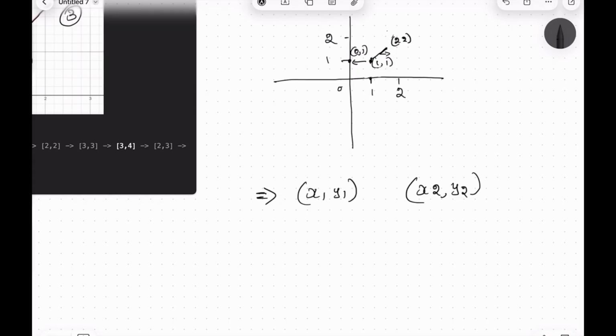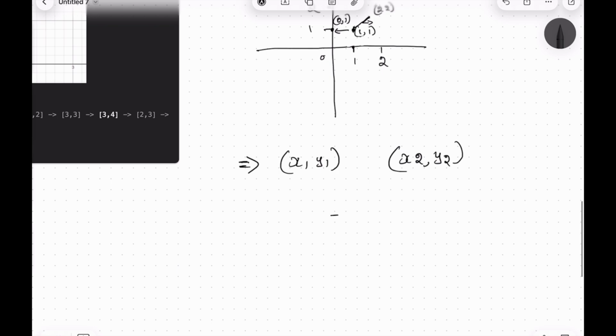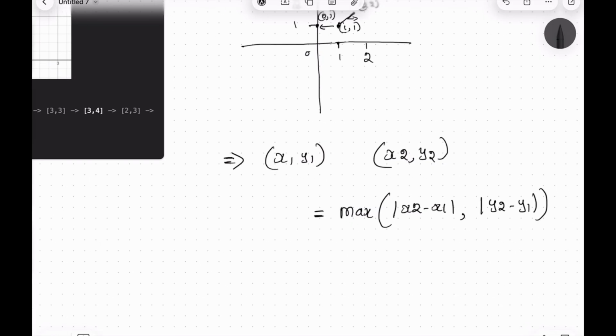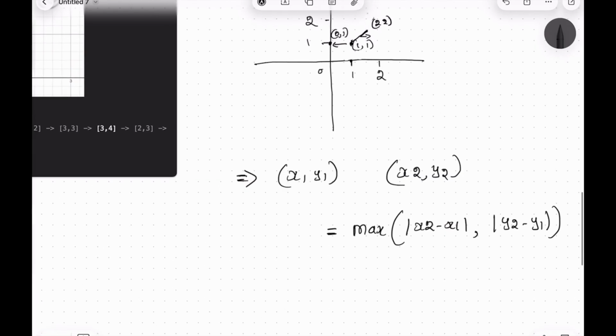So moving from (x1, y1) to (x2, y2), the minimum time formula is the maximum of the absolute value of x2 minus x1 and the absolute value of y2 minus y1, right? So the maximum of these will be the minimum amount of time taken for moving from this particular point